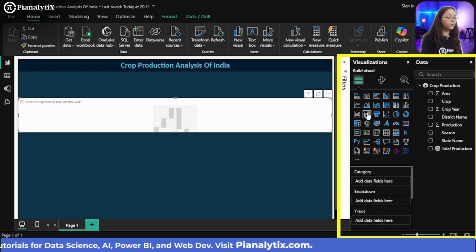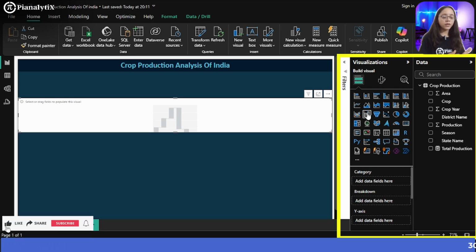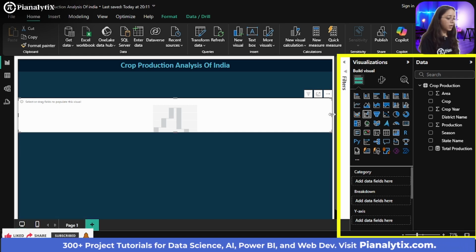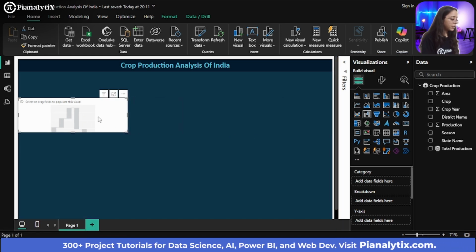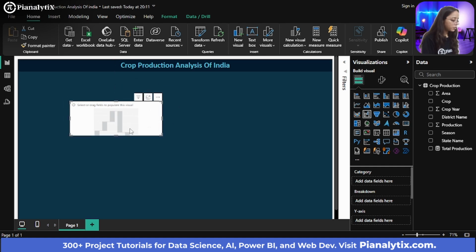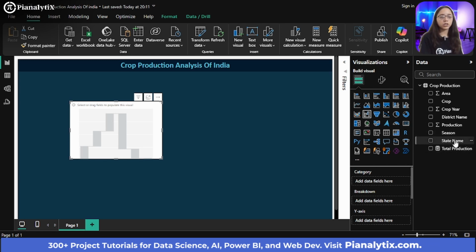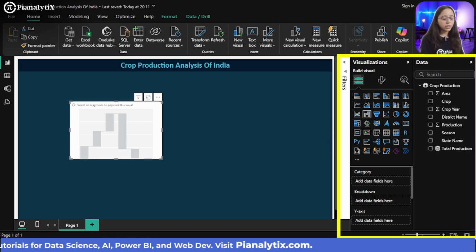Now what is the role of a waterfall chart? Waterfall chart basically makes sure to show you a certain value in different stages. For example, if there was a total proportion of something and how it basically increased or decreased with each stage. So once I plot this visualization, you will have a much better understanding of what I am trying to say. So let me just show you first. So I want to see the total production by season and break it down by crop year.